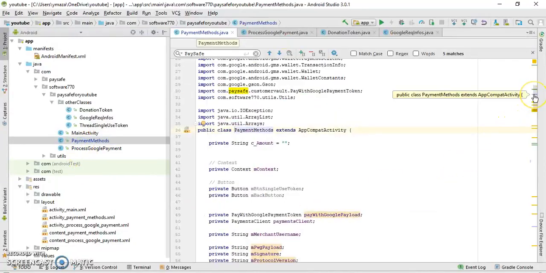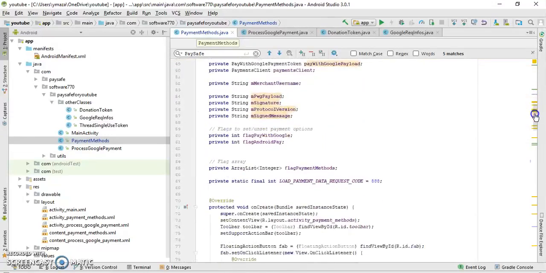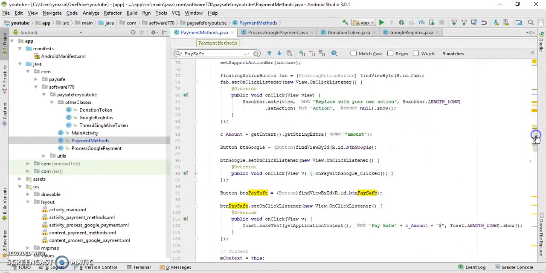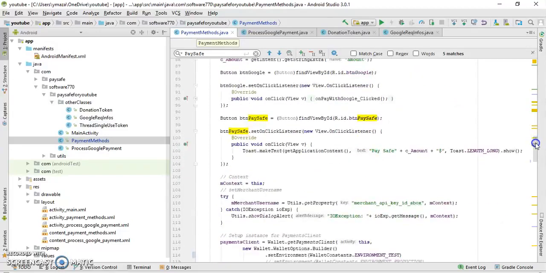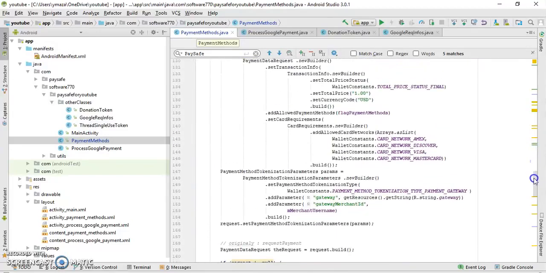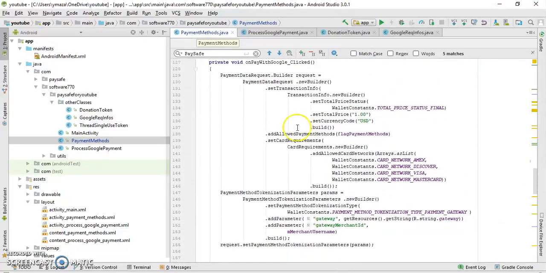Here we communicate with the intent of Play services, Google Play, in order to get the credit card. So there's a lot of code here to do that. See, I have to ask the amount, and this is a string format, which is very weird, but that's the way it is. They ask you to give the amount in a string format, and then you have somewhere here